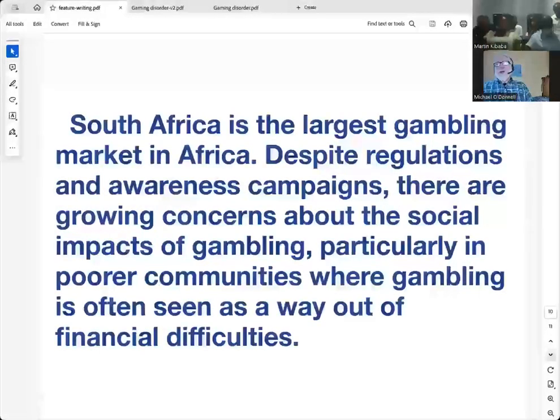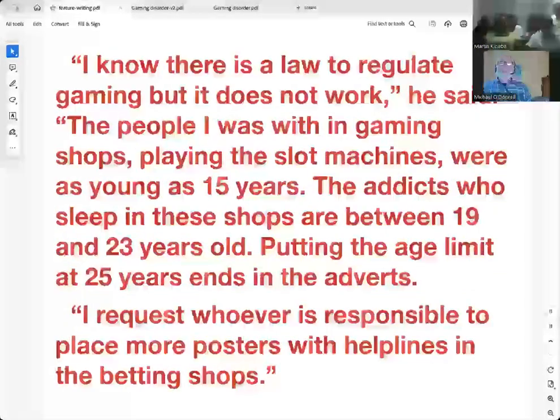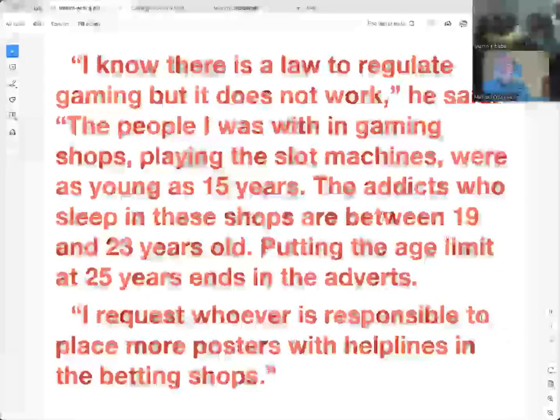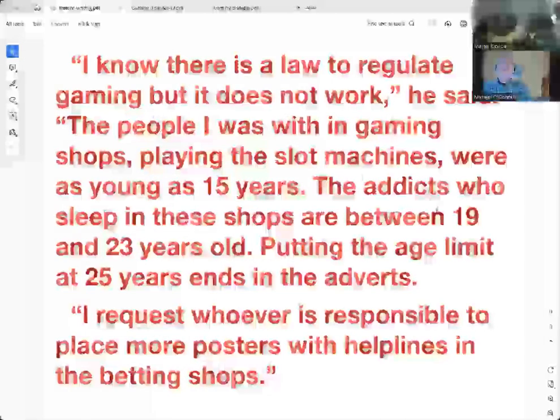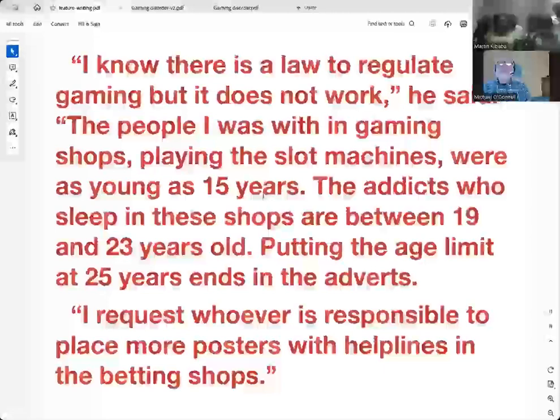So here's the way I would end the story. And that's with a quote from Fred. I know there is a law to regulate gaming, but it does not work. The people I was with in gaming shops, playing the slot machines, we were as young as 15 years. The addicts who sleep in these shops are between 19 and 23 years old. Putting the age limit at 25 years ends in the adverts. I request whoever is responsible to place more posters with helplines in the betting shop. So there's a quote that ends on the topic, and that is gambling addiction in Uganda, not South